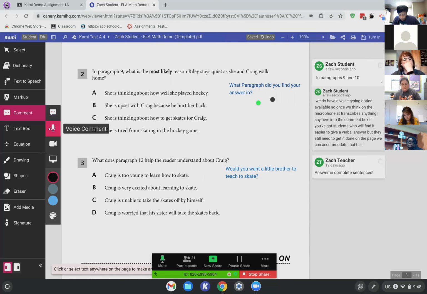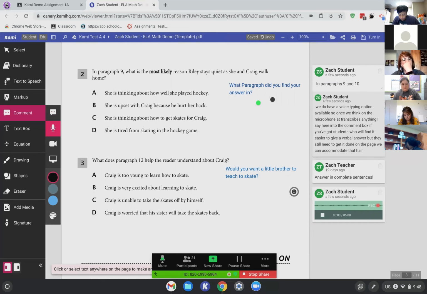Next up, we have the voice comment. When I click to create that here, this automatically begins recording the audio through the device microphone. So if we want to give verbal instructions or feedback to the students in place of, say, a paragraph of text, or if you have students who will find giving a verbal answer easier than a written answer, or maybe for a languages exercise, we want the students to read a passage aloud so we can check their pronunciation, they can record that here, save it to the document,